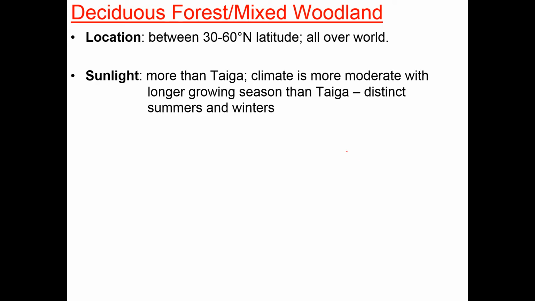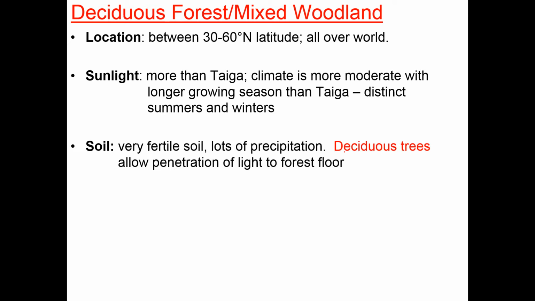Climate is nicer, way longer growing seasons. You can have distinct summer and winter now. Unlike taiga, you have a short summer, winter. Okay, and tundra, same thing. You won't be able to tell when it's summer and when winter. In deciduous forest, I'm going to call it mixed woodland. Mixed woodlands, the seasons are distinct, and because of the more thermal energy stored in the soil